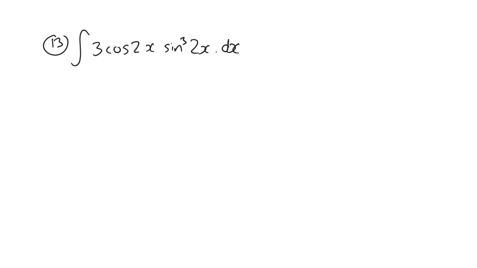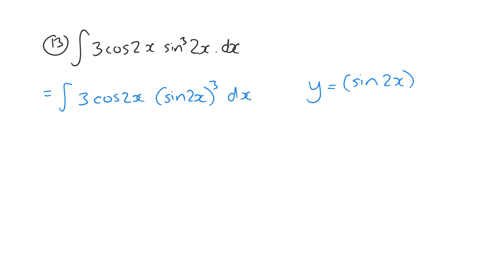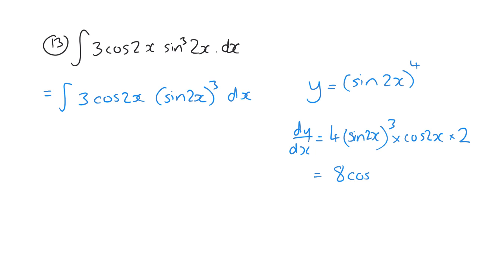Number 13 now, we're going to integrate 3 cos 2x sine cubed 2x. Again, if you would prefer to write it out with the sine 2x all cubed, that's fine. So our guess then is going to be sine 2x to the power 4. So we're going to differentiate that and get 4 sine 2x cubed, and then differentiate what's in the bracket. So differentiate sine 2x, we get cos 2x times 2. So we get 8 cos 2x